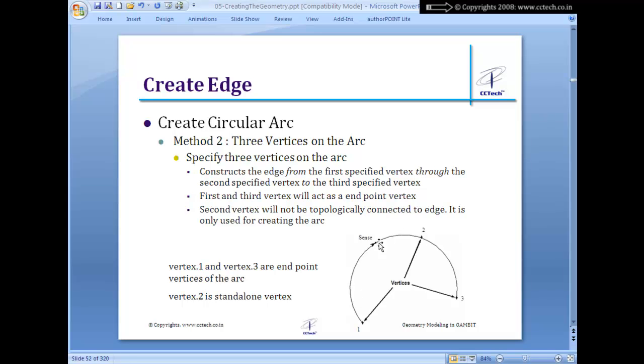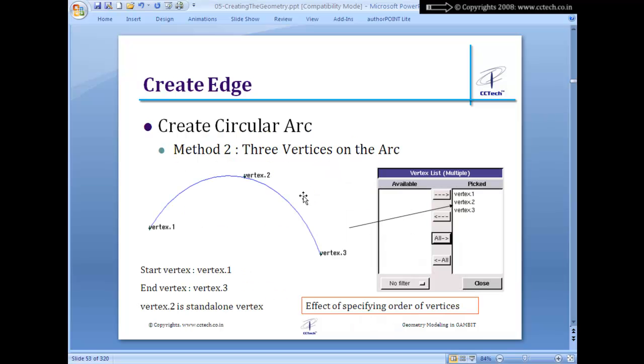They will be end points of this edge. The second vertex will not be part of the edge. It is just used to create the edge. So that is the meaning of only used for construction purpose. So this is the way vertex 1, vertex 2 and vertex 3 work as vertices on the arc, and it will fit